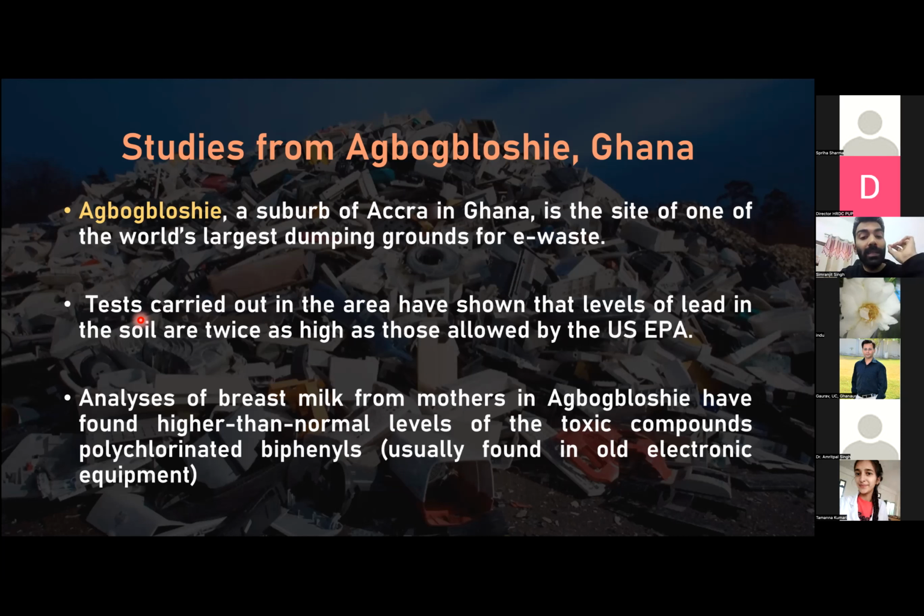Tests were carried out in the area and have shown the levels of lead in the soil are twice as high as those allowed by the US EPA, Environment Protection. So मतलब लेड की जो क्वांटिटी सॉइल के